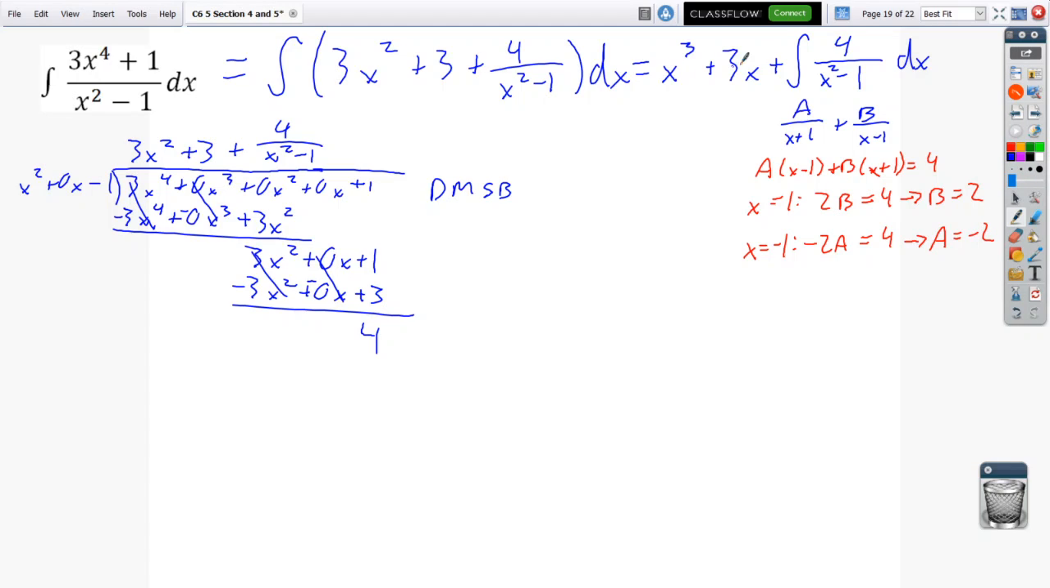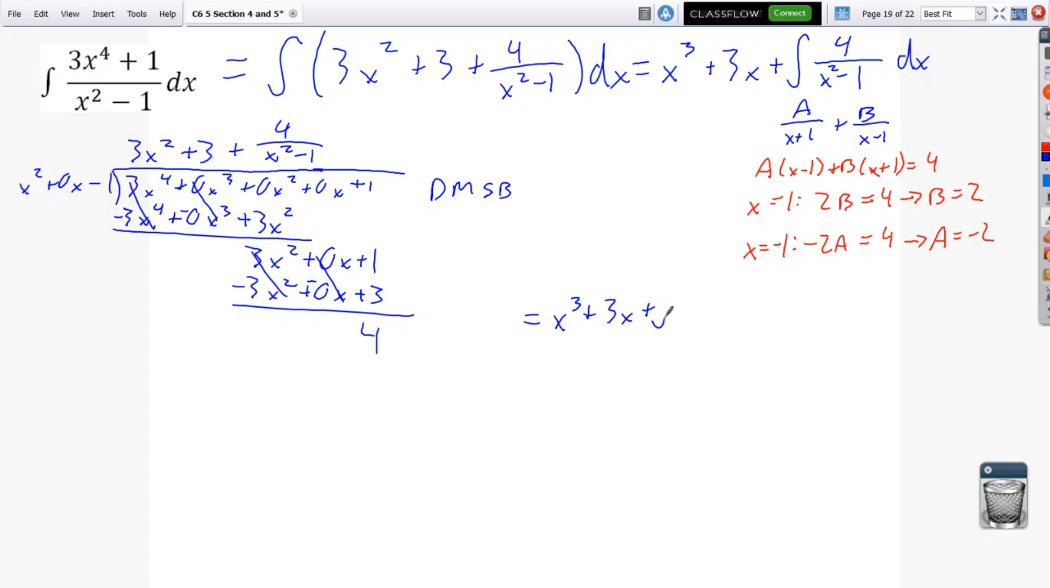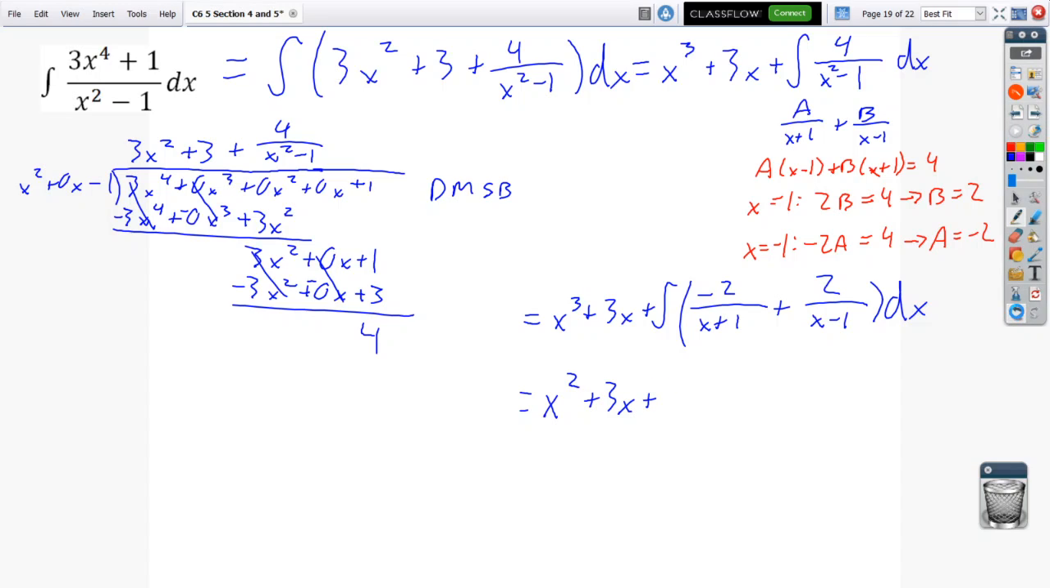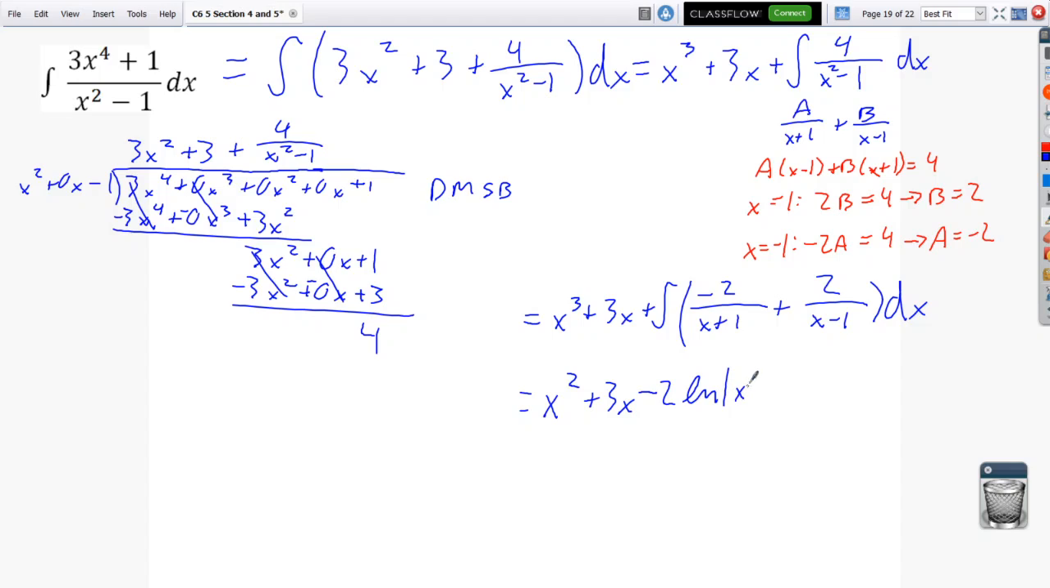So my ultimate, this problem right here becomes x cubed plus 3x plus the integral of a. A was negative 2, so negative 2 over x plus 1 plus b, 2 over x minus 1 dx. From here it's extremely formulaic. We would have x cubed plus 3x plus, now let's make that a minus. We have this negative 2, minus 2 ln absolute value of x plus 1 plus 2 ln of absolute value